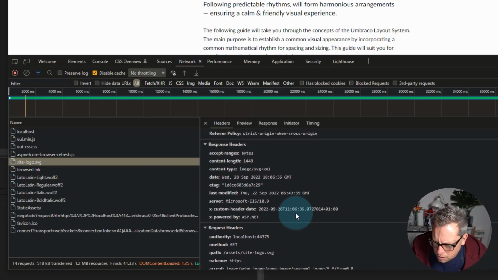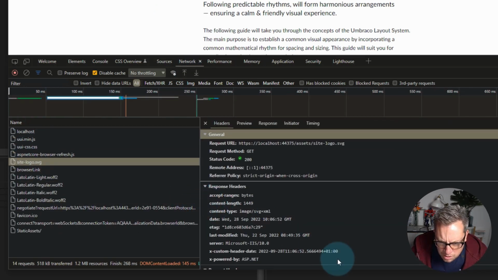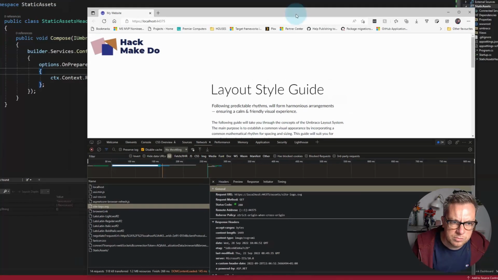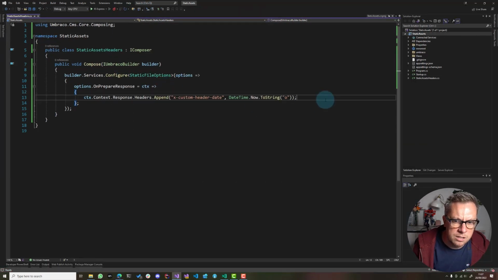So 11:06 and 36. Refresh. 11:06:52. Yeah, so it's definitely working. Brilliant. So we've added a custom header. I think my previous tests with caching have come back to haunt me, but we'll move on. So with that done, next thing,